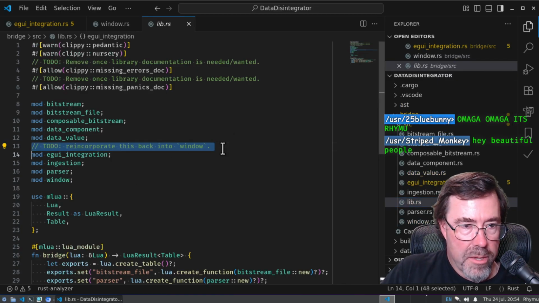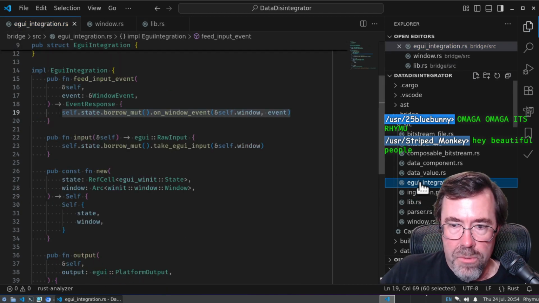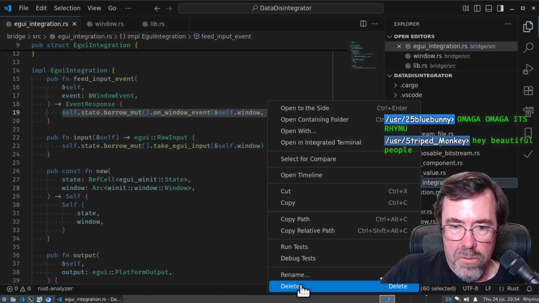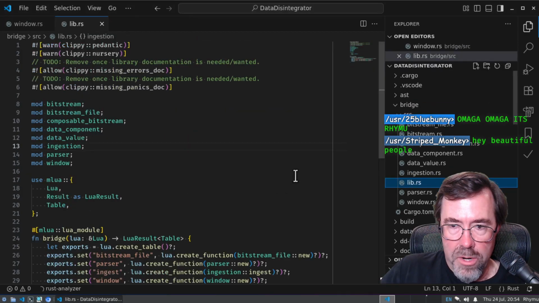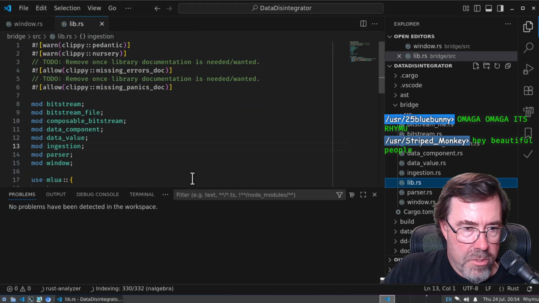Right, so we did that. That's exactly what I was doing, reincorporating it back into the window class. So I can just delete this one. Move to trash, right? All right, cool. Let's run it again to make sure that it didn't break anything. So